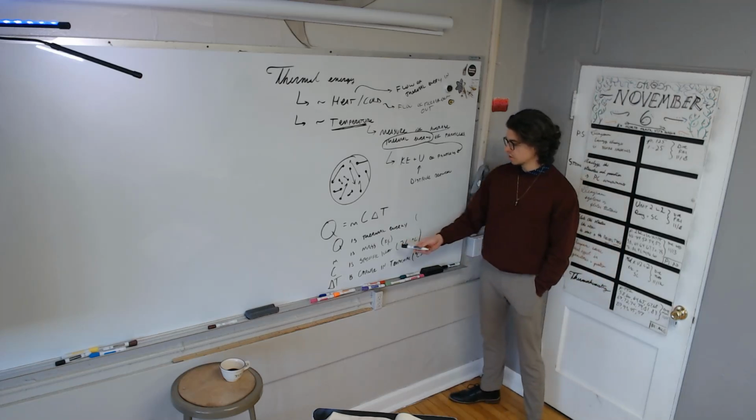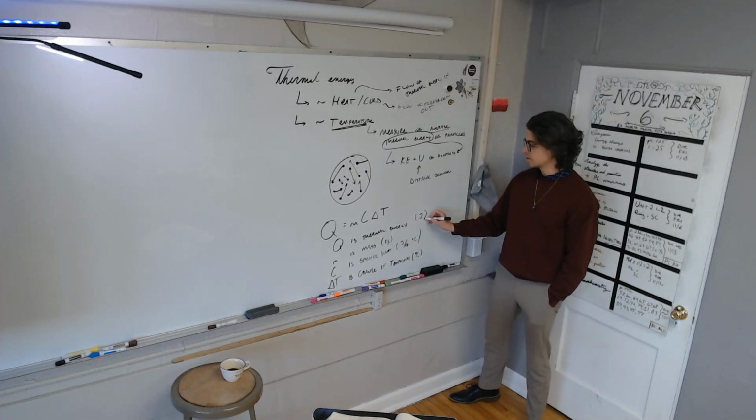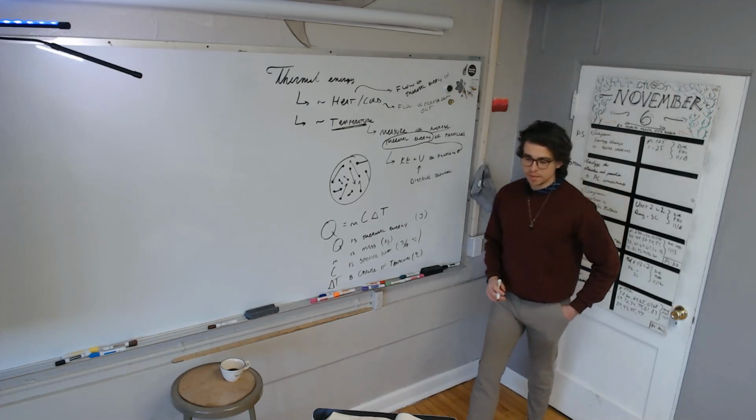So look, the kilograms will reduce to 1 because they're in the numerator here and the denominator here. Degrees Celsius will reduce to 1 because they're in the numerator here and in the denominator here. So we're going to be left with joules. Does it make sense that we would measure thermal energy in joules? Does it make sense that we would measure energy in joules? Yeah, that's what we've been measuring energy in.